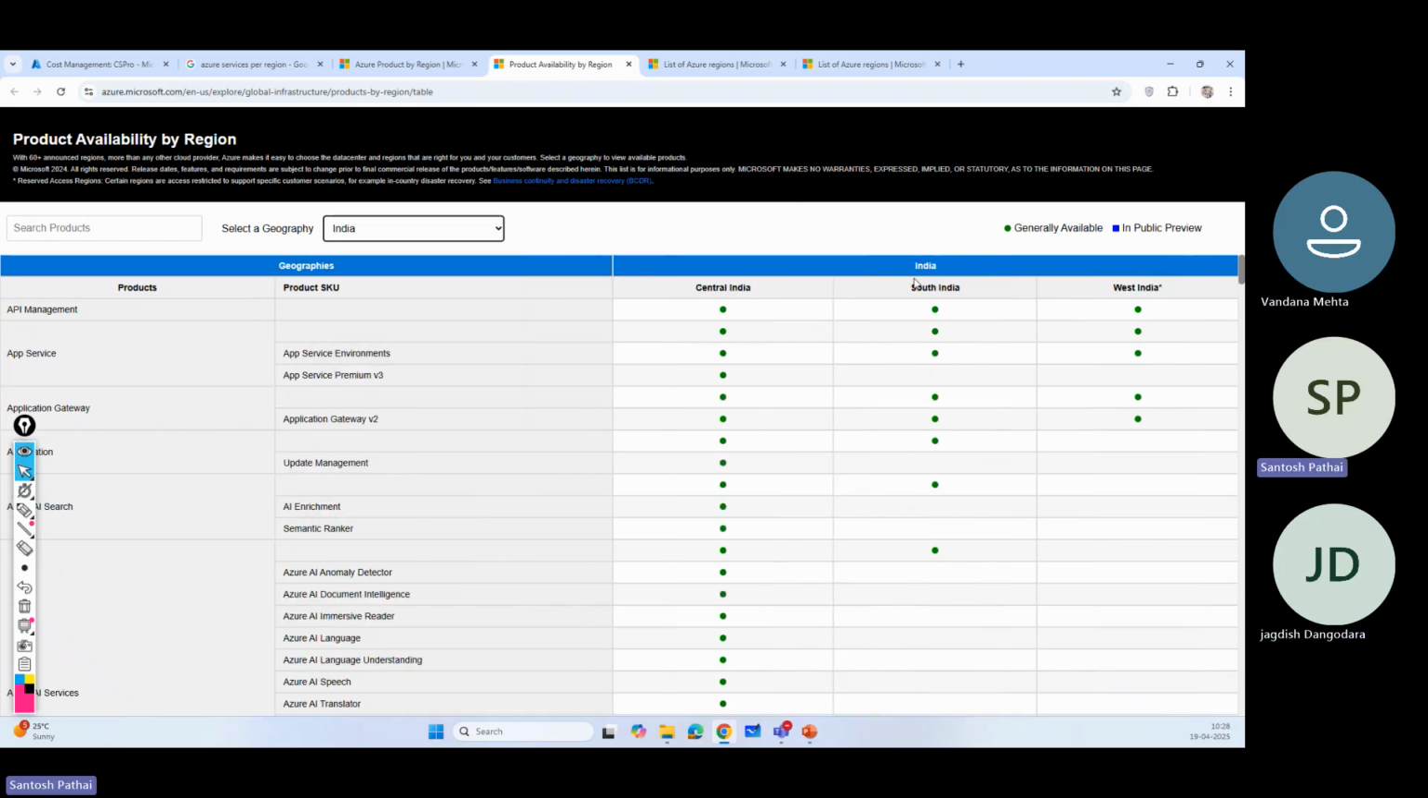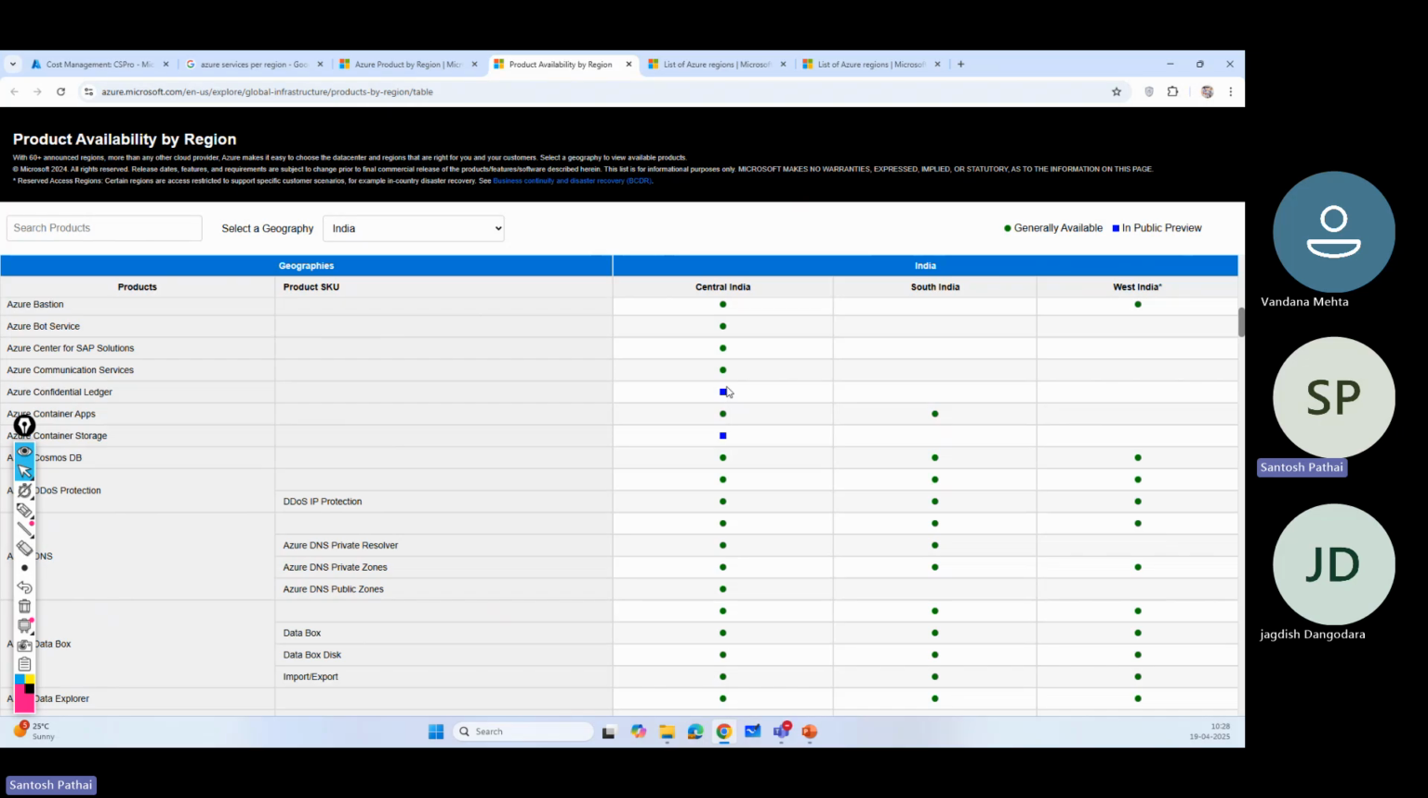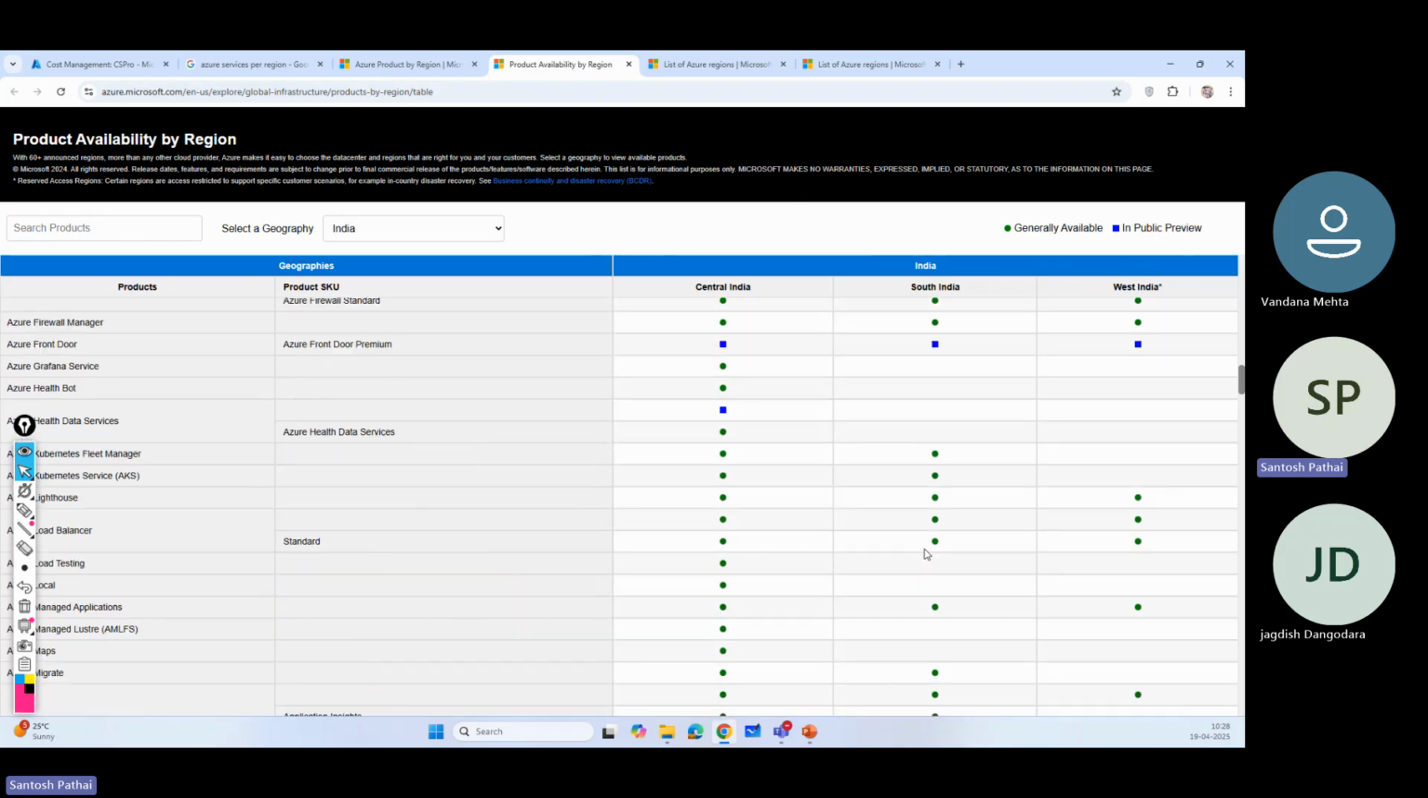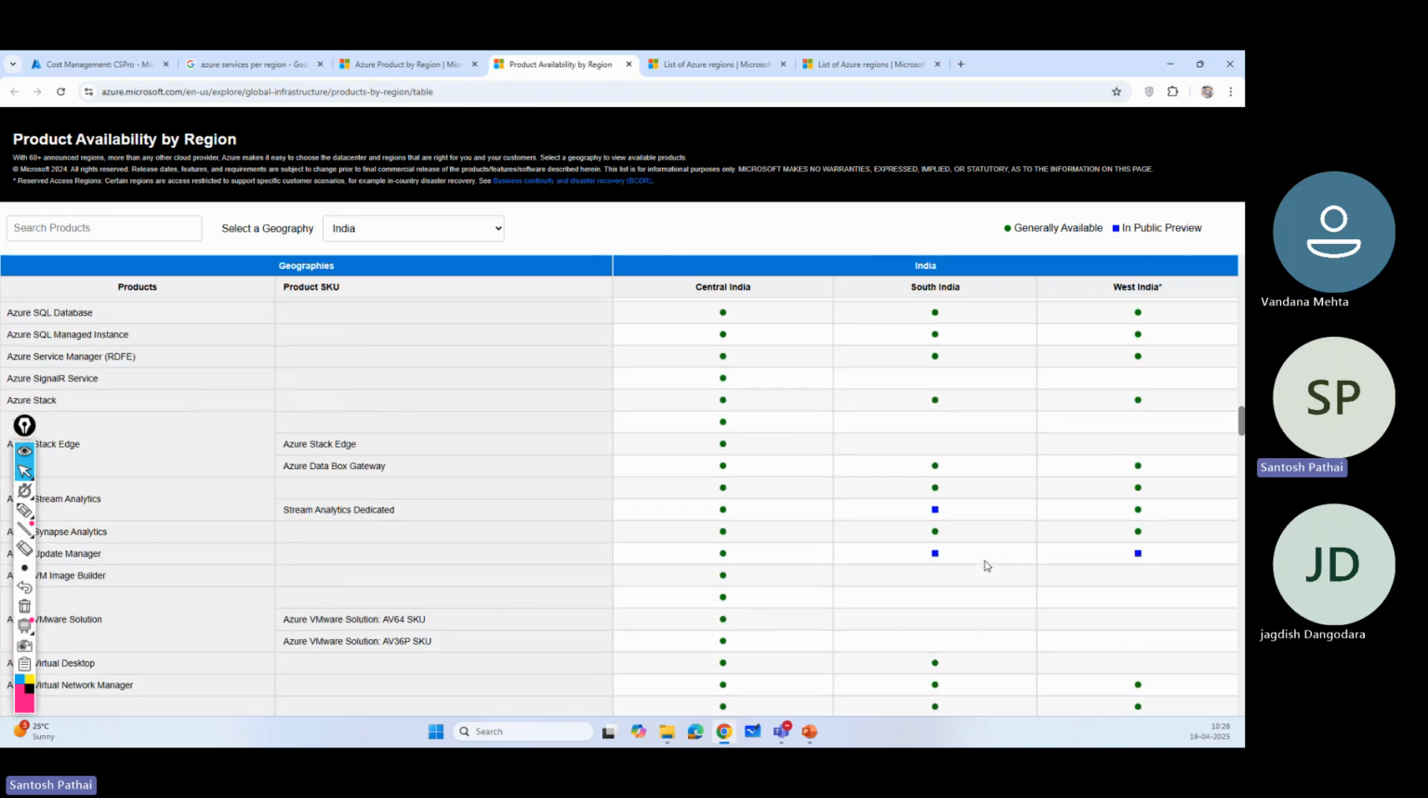Now you can see in India we have Central India, South India, and West India. You can see the API management services are available everywhere. When I talk about App Service Environment, it is available everywhere. App Service Premium V3 is available only in Central India. Now you can see most services are available in Central India, but in West India and South India there is